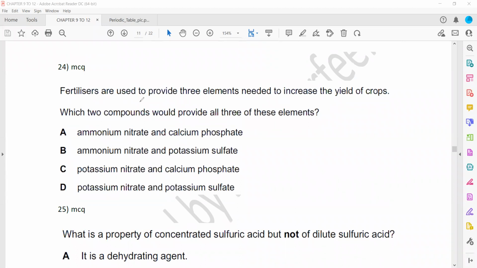Fertilizers are used to provide three essential elements. What are the essential elements? NPK: nitrogen, phosphorus, and potassium. Which two compounds provide all the three elements? So, which combination? Ammonium nitrate. Ammonium nitrate will provide nitrogen, because when we write the formula for ammonium nitrate,